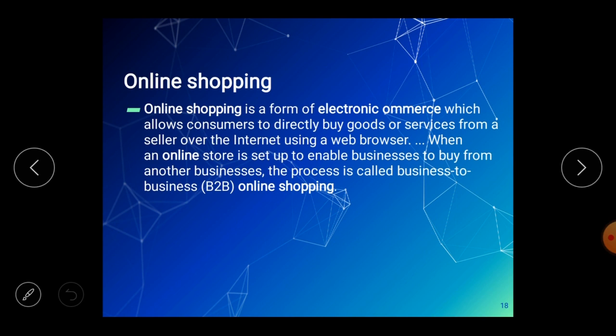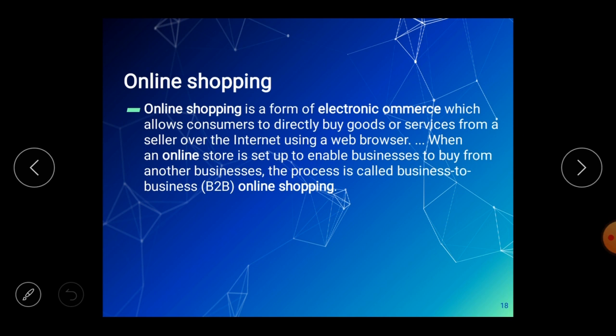Now make it clear that in an online transaction, when we are transferring funds from one bank to another bank, or from one account to another account, this type of money transfer is also known as an online transaction. It also includes sending money to any shopping site or merchant. So you can see online shopping is a branch of e-commerce.